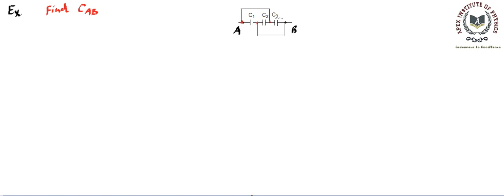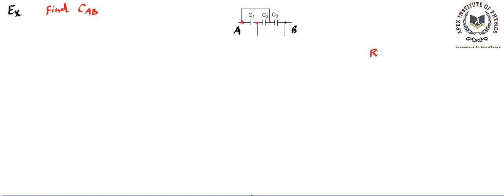Since they are all useful, we cannot remove any of them, or we can say none of them is redundant. So we need to identify whether they are in series or in parallel. Again, we look at it, it's not so obvious whether they are in series or in parallel. So what we are going to do is redraw the circuit. Whenever there are large conducting wires connecting, it's going to be easier to redraw the circuit.